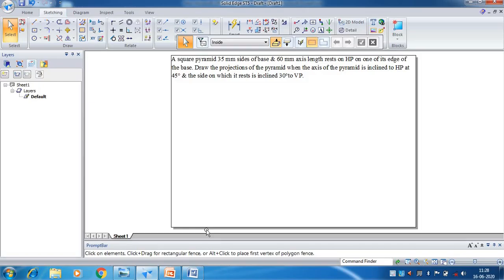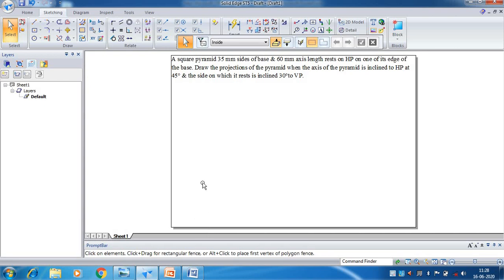Okay. I think you are already familiar with the commands which you need to use in this software to construct the planes. You already studied construction of planes on sheet as well as on software in the regular classes. So hoping you all remember those commands, we'll start with the first problem.